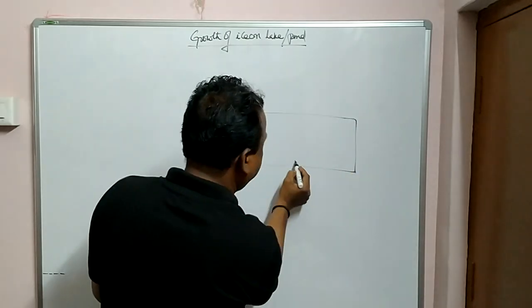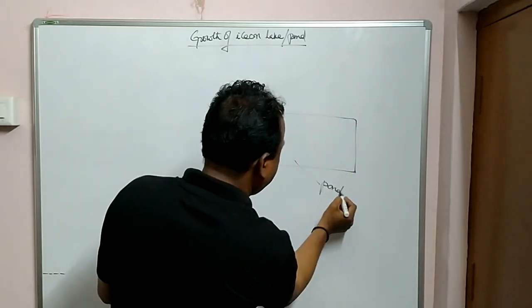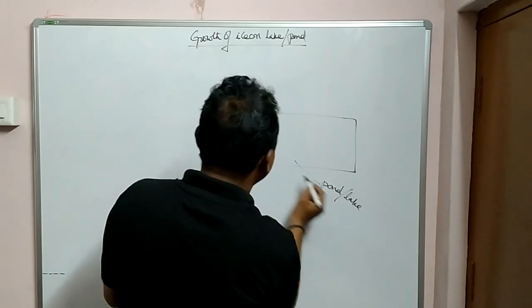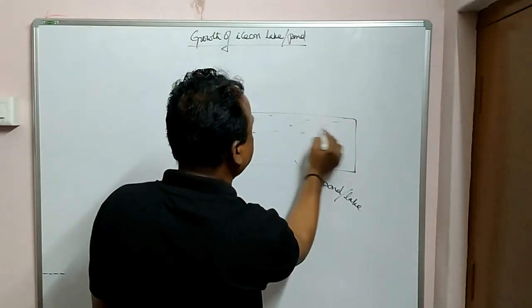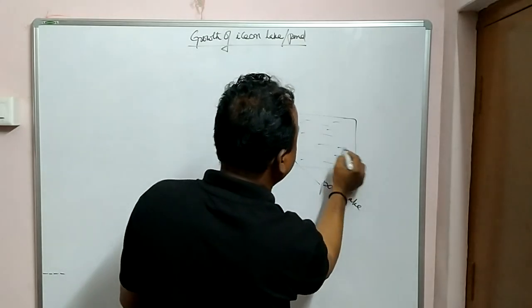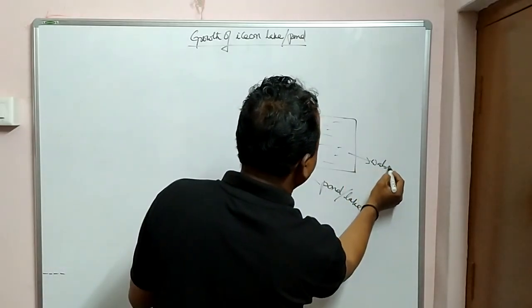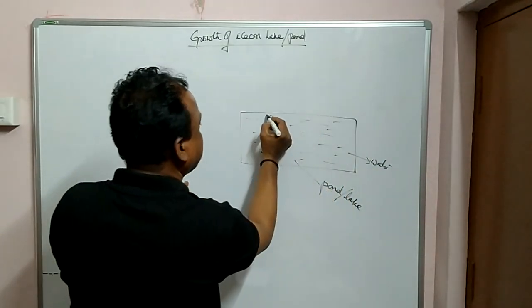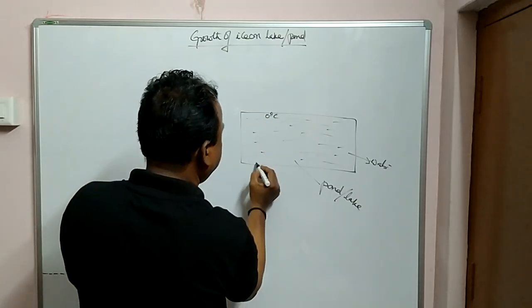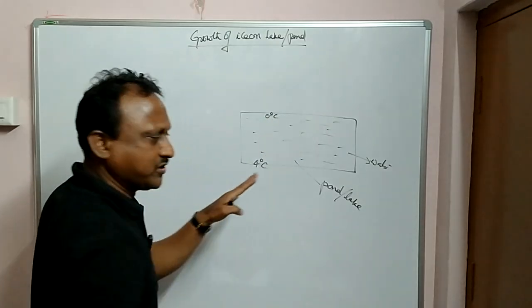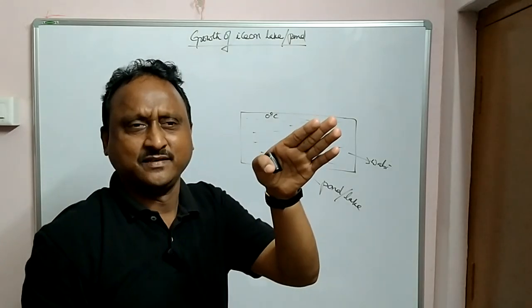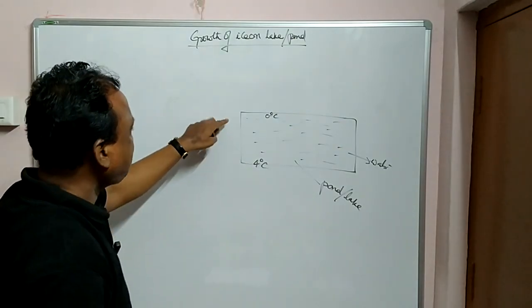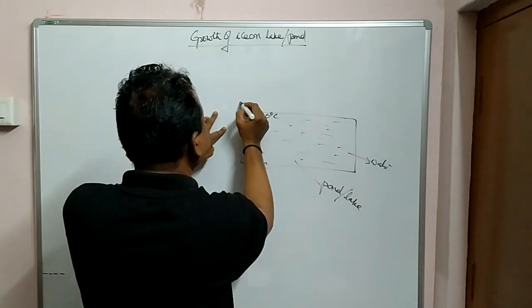Let this be some pond or lake. Water is there, this is water. Let this be 0 degrees centigrade and here 4 degrees centigrade, because you know at 4 degrees centigrade what happens: volume expands. Okay, maximum density. Now from here